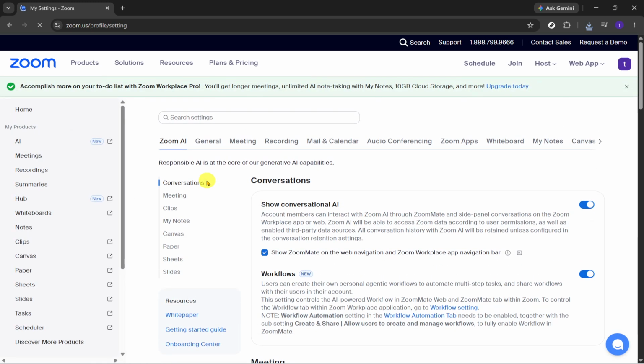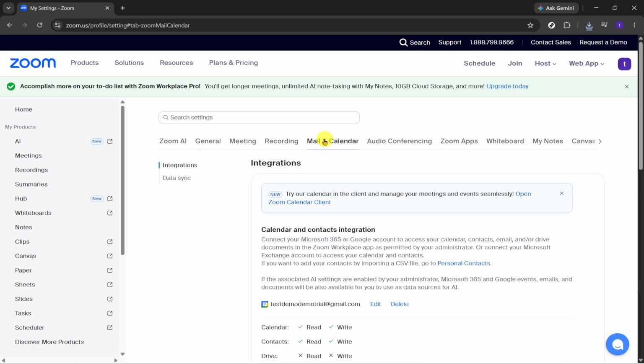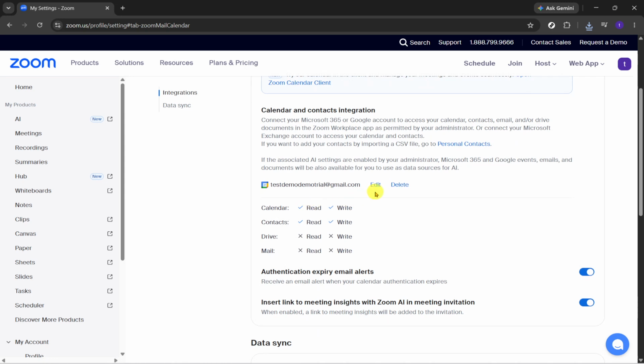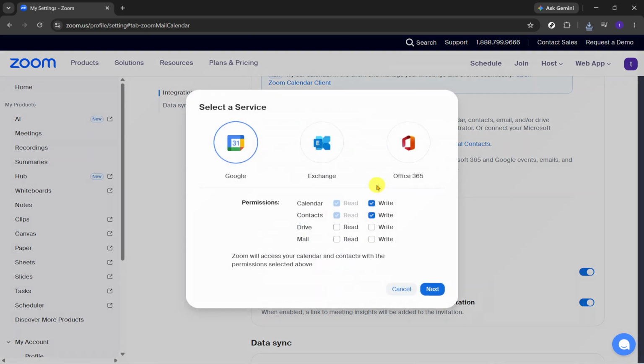If you don't immediately see the option you need, give the page a moment to load fully. Inside Settings, find and click Mail and Calendar. This is where Zoom lets you manage calendar connections and related preferences. Opening this section brings you to the area used for linking external calendar providers like Google Calendar. Next, click Edit. This opens the setup options so you can choose what you'd like to connect and update the